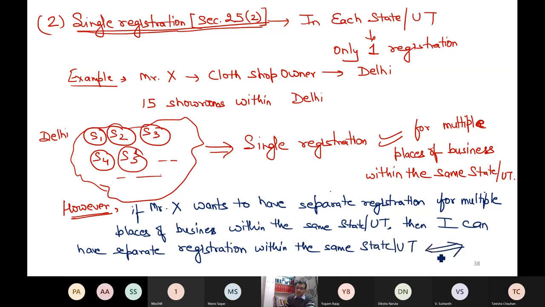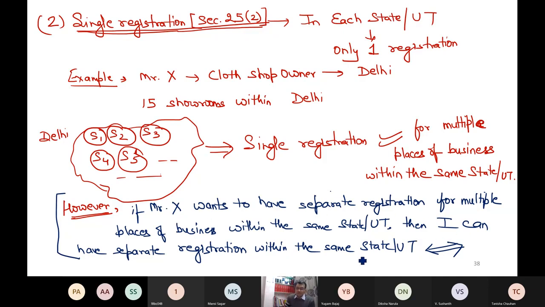This is the main point. Legally, it is not required. For example, Big Bazaar, Reliance, Jio, Idea, Vodafone, Airtel have multiple showrooms within the same state. It is their choice. If they want a single registration for all the offices, it is allowed. If they want separate registration for all the offices, even within the same state, it is also allowed,